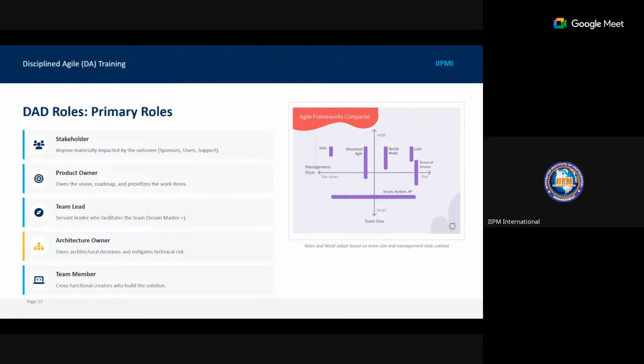Now moving forward. The question now is, when do we use Disciplined Agile rules and when do we use Scrum rules? It's all dependent on you. Remember that context is very, very important.